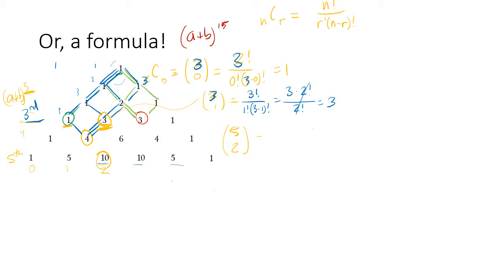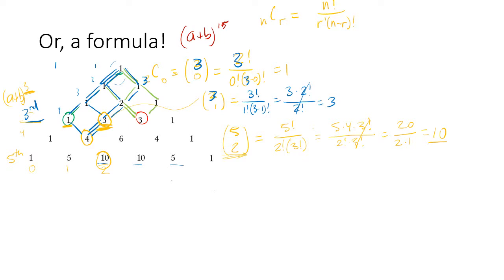Okay, so let's see. If we have 5 factorial divided by 2 factorial times 5 minus 2, which is 3 factorial, well, okay, so that's 5 times 4 times 3 factorial divided by 2 factorial times 3 factorial. Okay, that cancels. So we have 20 divided by 2 times 1, and it's 10. So this works, and what that allows us to do, if we use this idea and combine it with the